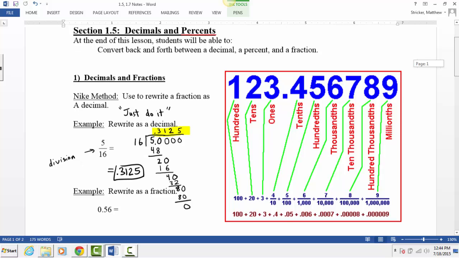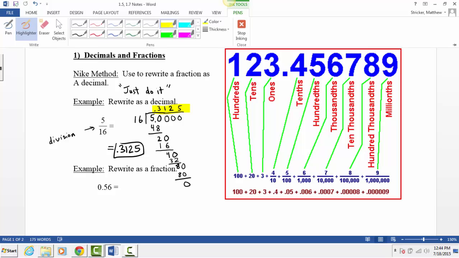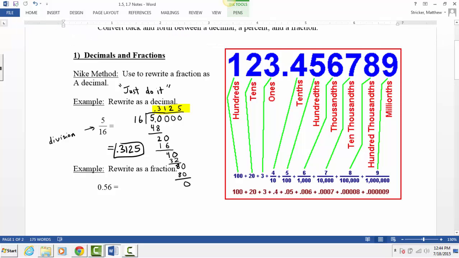Of course, you could also divide it on a calculator, but the point is to remember, whether you use a calculator or you do it the long division way, the way we convert this to a decimal is we just divide. Now, going backwards from writing a fraction as a decimal,